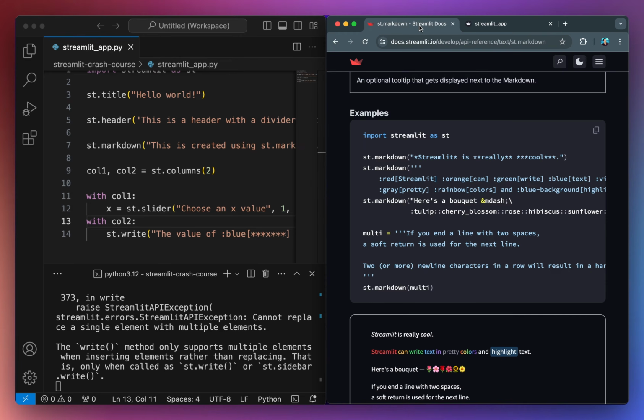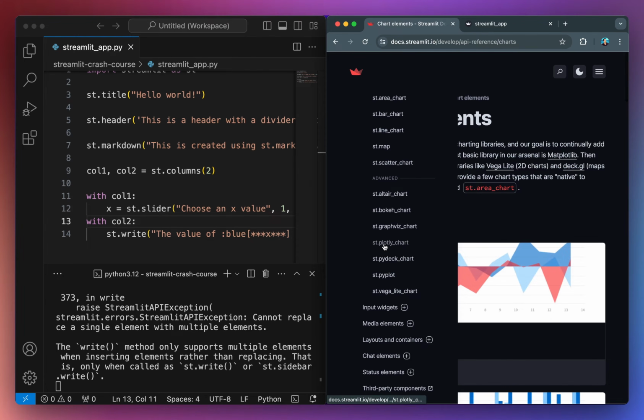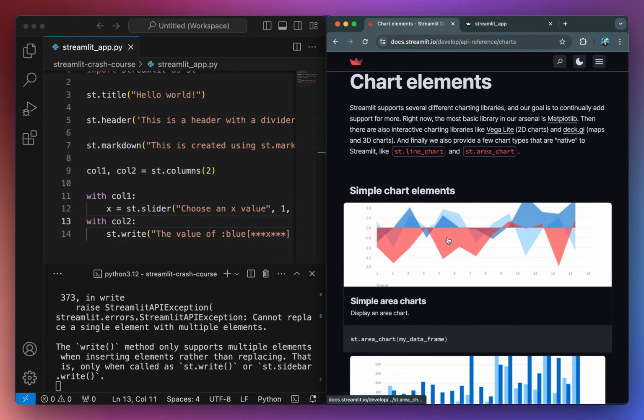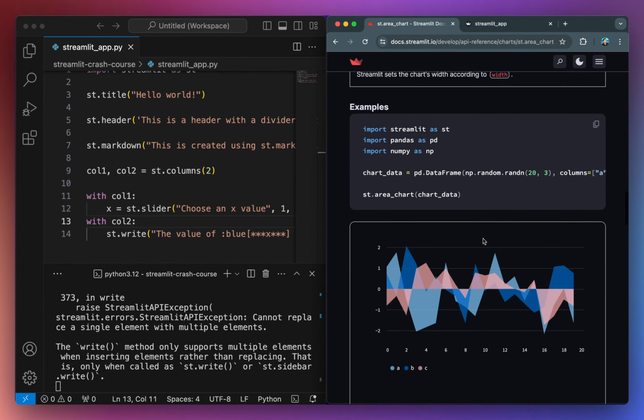How about data visualization? Well, Streamlit supports several chart elements, such as Matplotlib, Plotly, Altair, and many more. Here, we're going to use the built-in st.area_chart.